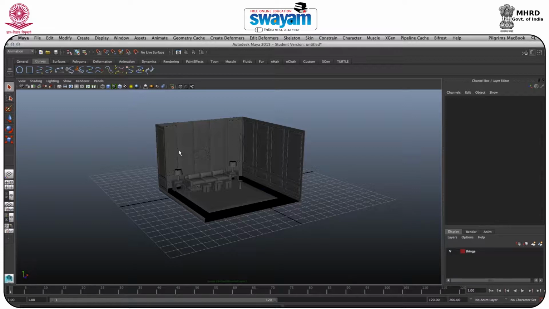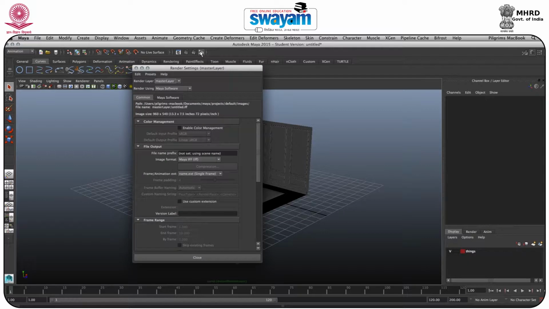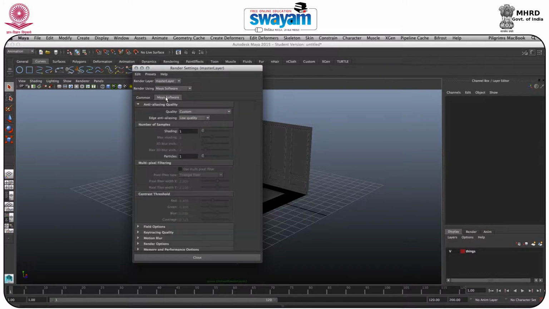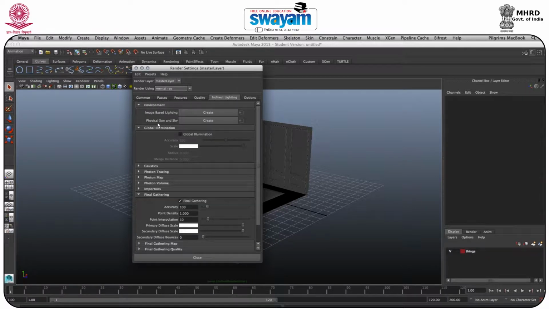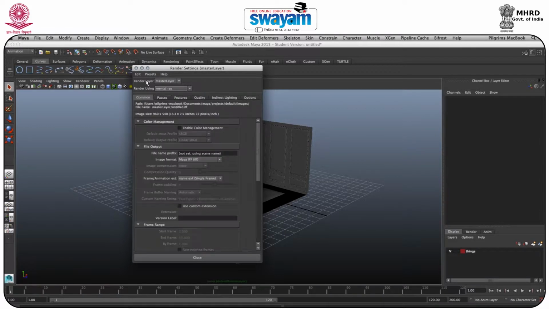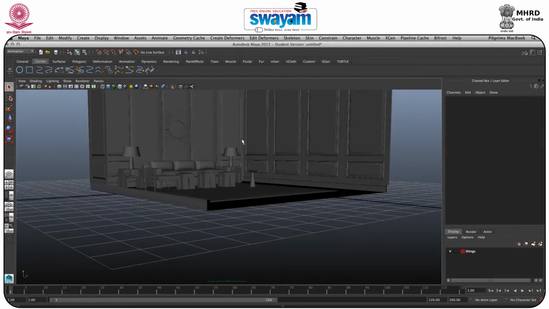Now what I will do, I will at first go to the Mental Ray tab, and in Mental Ray you have all the features like indirect lighting and all. So I will not use physical sun and sky right now, I will use it later on. So I will go to the common tab. So what I will do now, I will just select all the parts one by one and will start texturing it. Okay, so I will select all the parts,